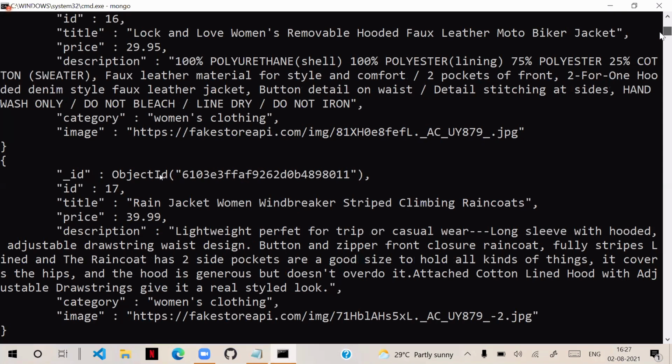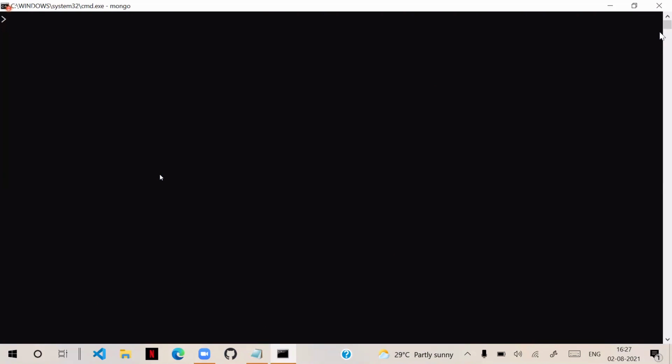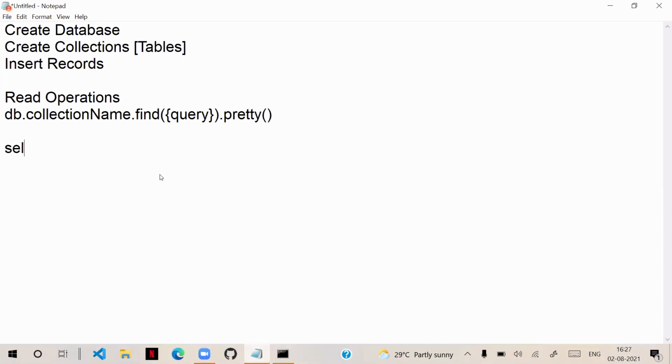Now, if I want to filter the records, we need to write queries actually. Generally in SQL based, we write the query, select star from table where, suppose, ID is equal to some ID. That's how generally we read the documents. Now I want